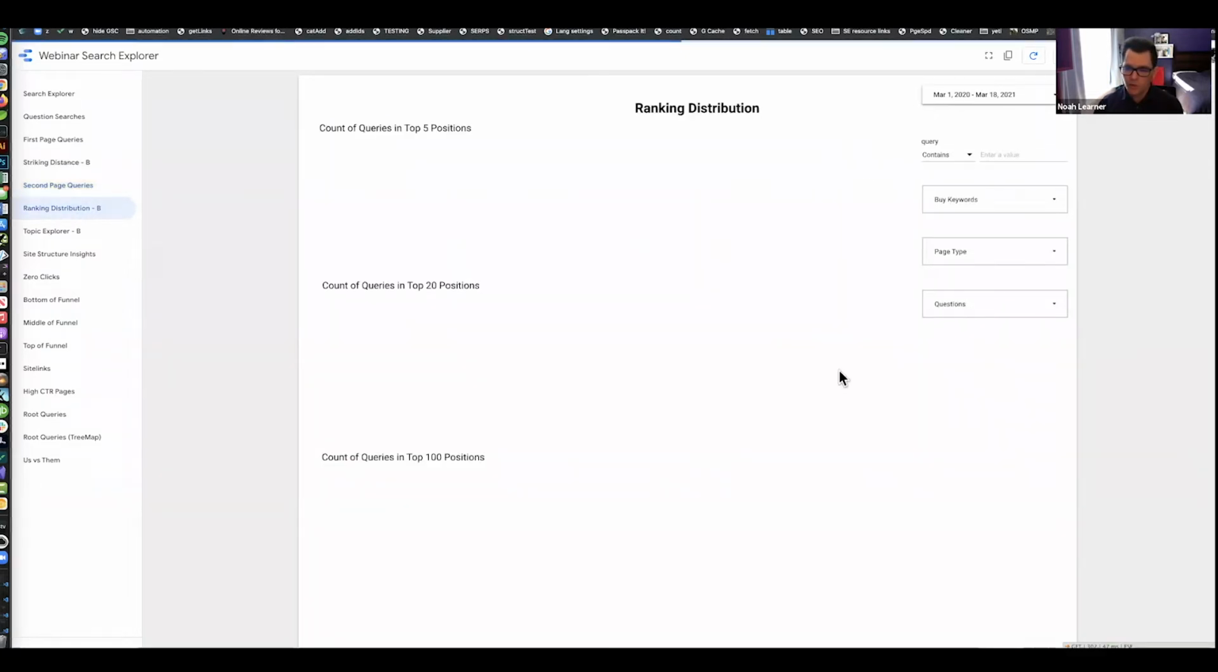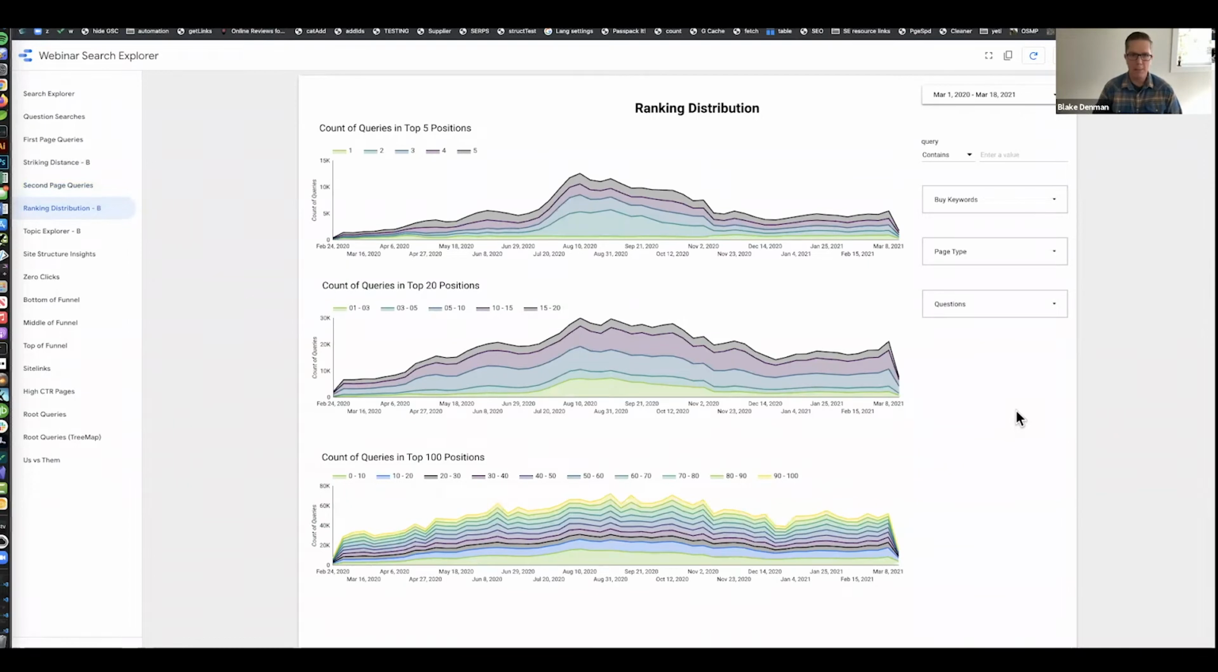Site health. This was another area that you mentioned getting value out of this. Yeah, I really like the ranking distribution report, not because it's an actual rank tracker, mainly because internally, I'm able to come in here and look at a client's performance over the last 6 to 12 months and say, okay, are we trending in the right direction for count of queries in the top 5 positions